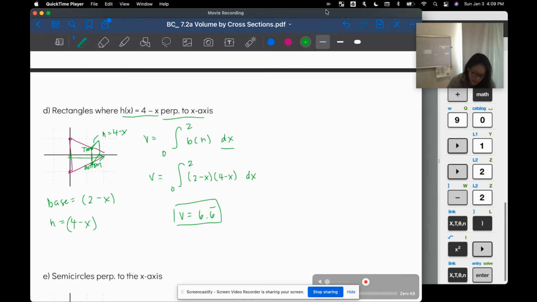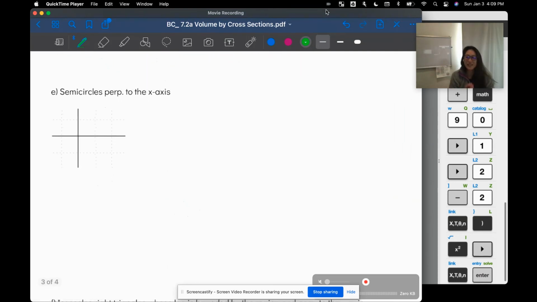All right, next, let's do a few more. A semicircle. Same deal, same base shape of this triangle, and we're going to take semicircles that are perpendicular to the x-axis. So again, we are cutting our triangle vertically like this, and the distance between the top curve minus the bottom curve is the diameter of the semicircle. Out pops a semicircle. Now imagine an infinite number of semicircles being added